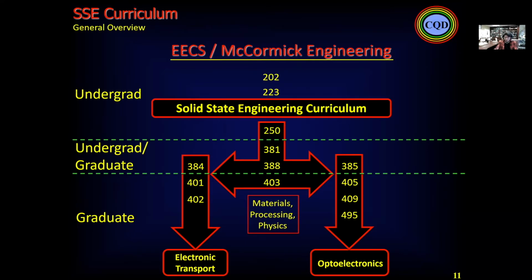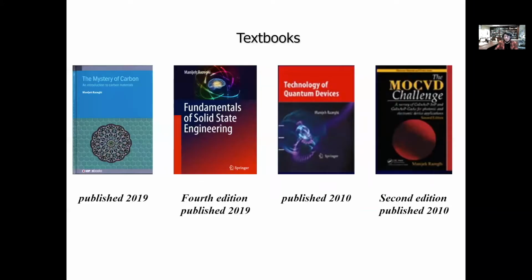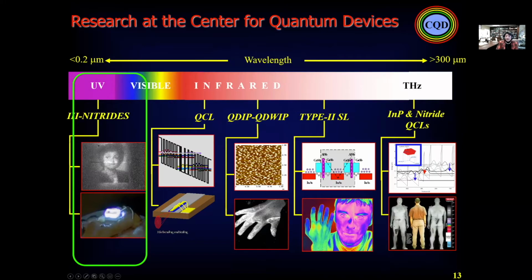So I created the 12 courses at the same time, and in parallel the 4 textbooks, the first edition of Fundamentals of Solid-State Engineering, that came out and at the same time became very popular. For that, I will explain now what I did, and the inauguration of the center in 1993 with von Klitzing and Esaki, and what we did, we are doing, and are going to continue to do: manipulate and do atomic and gap engineering,